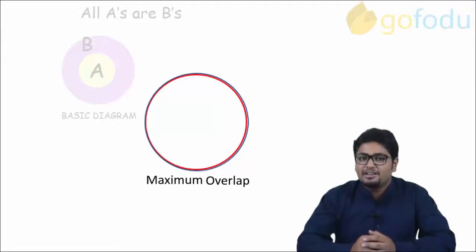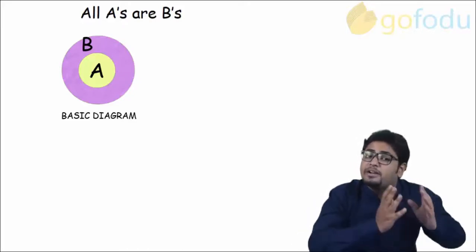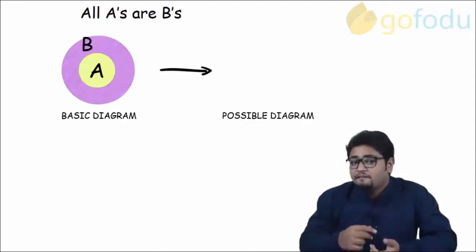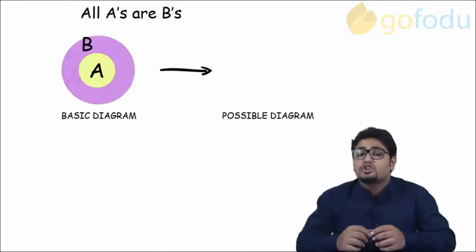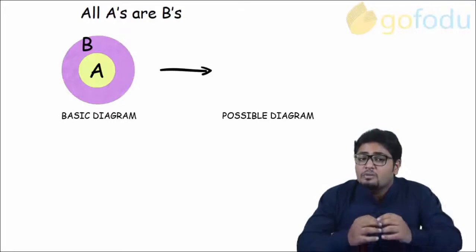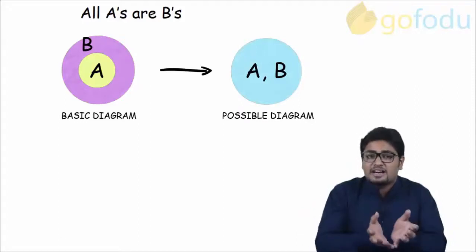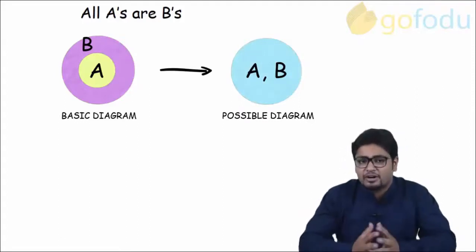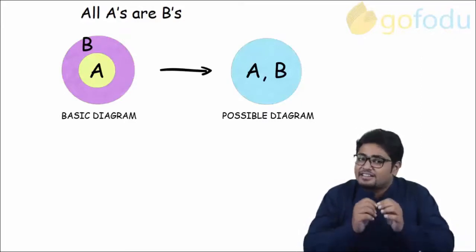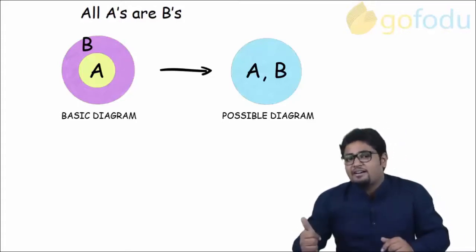Okay, coming back to the possibilities. Possibilities are those which may be true but are not definite. We will show them using possible diagrams. For example, there is a possibility in which all A's and all B's are exactly similar to each other. So, the possible diagram will be somewhat like this. All A's are B's. It is still following from this diagram, right? This is only a possibility and it's not necessary that this is always true. So, for all A's are B's, we only have these two diagrams.